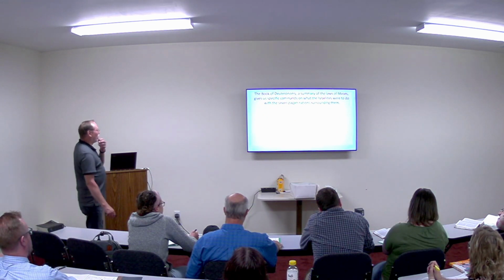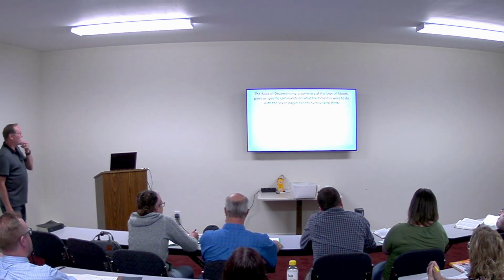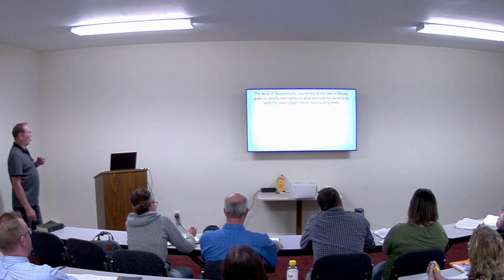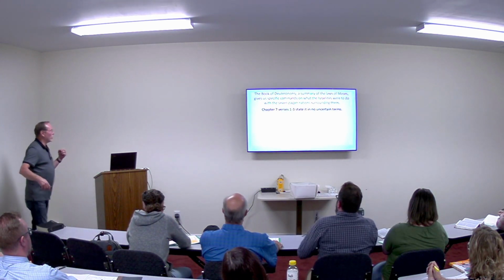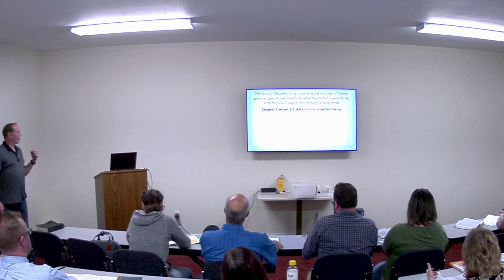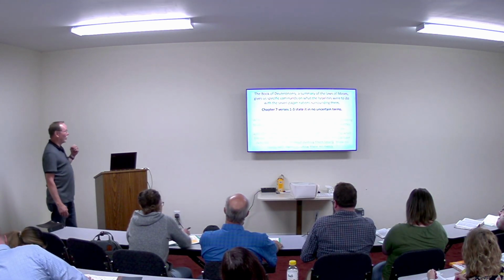The book of Deuteronomy, a summary of the law of Moses, gives us specific commands on what the Israelites were to do with the seven pagan nations surrounding them. Chapter 7, verses 1 through 3 states, in no uncertain terms,